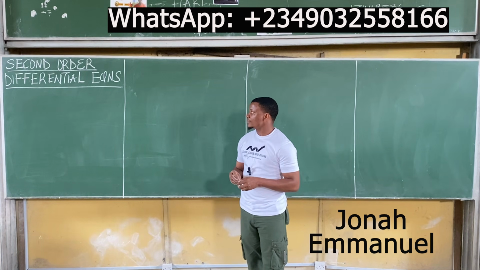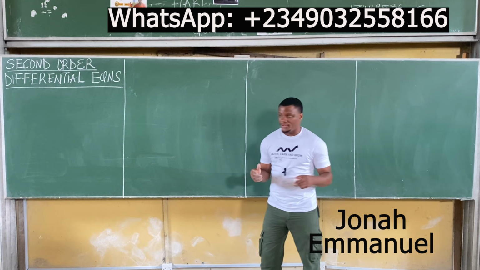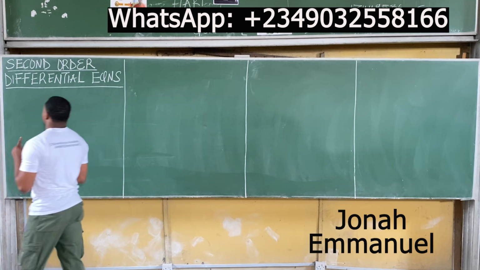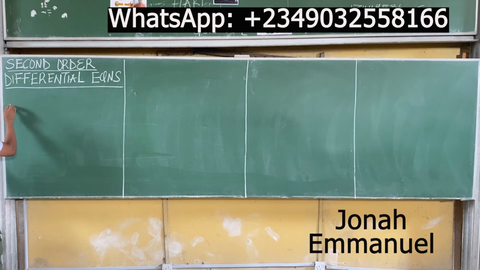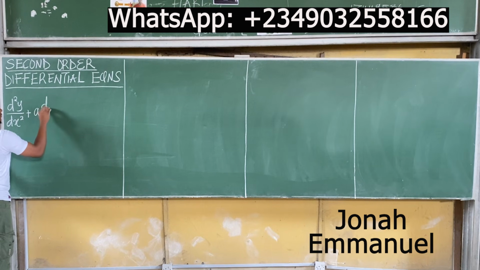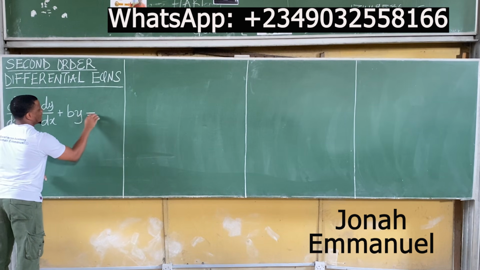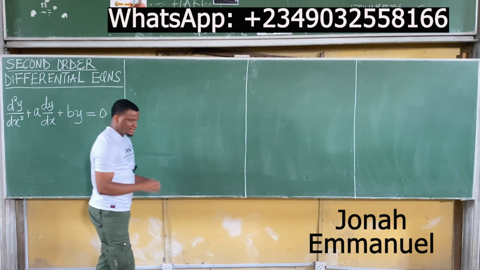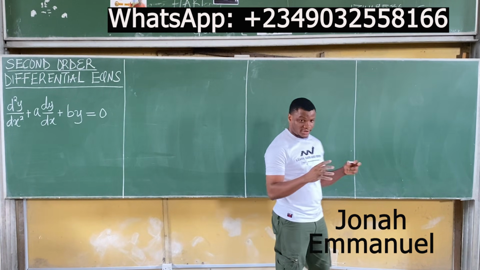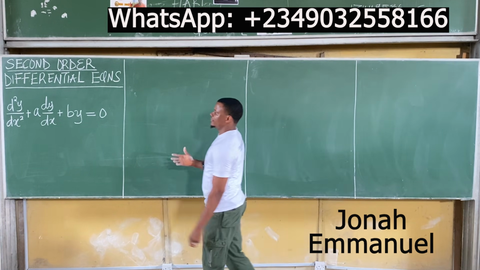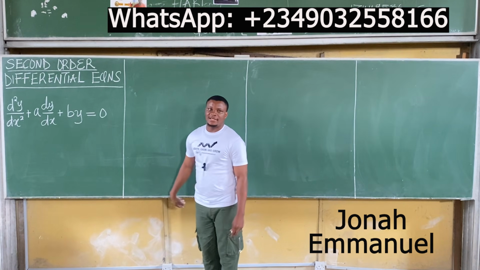All right, so let's look at second order differential equations. First things first, let's take a definition. A second order differential equation is simply a differential equation of the form d squared y over dx squared plus a dy/dx plus by equals 0. This is the form of a second order differential equation. When you see a differential equation of this form, you know that it's a second